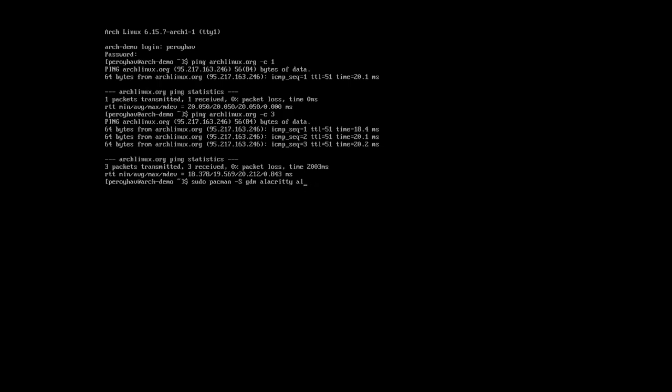Also sound tools, hypridle to handle wake up and sleep, Hyprland desktop environment, hyprlock,